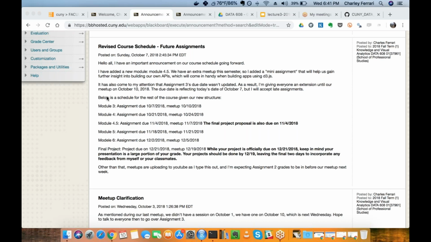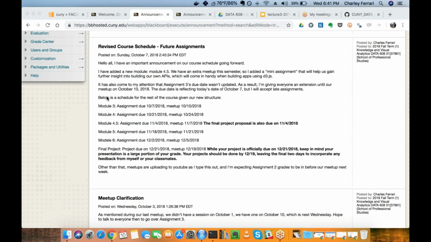But for the rest of the assignments, the due dates are set, and as I mentioned in the beginning of the class, we had an extra meetup this semester, just due to the day of the week that we're having these meetups. We're missing Rosh Hashanah and I believe Yom Kippur.